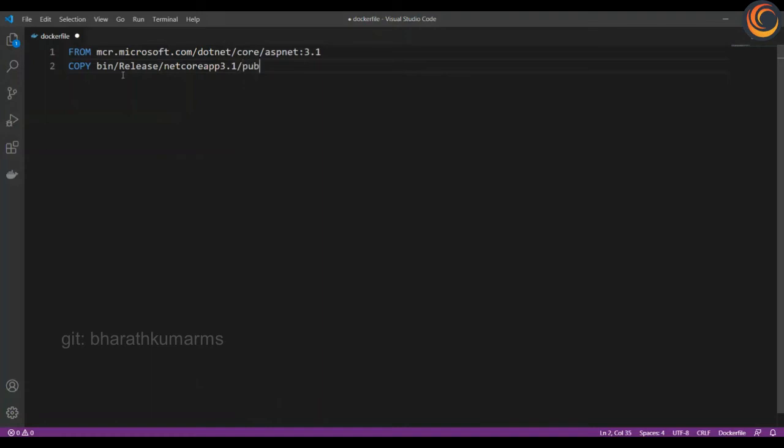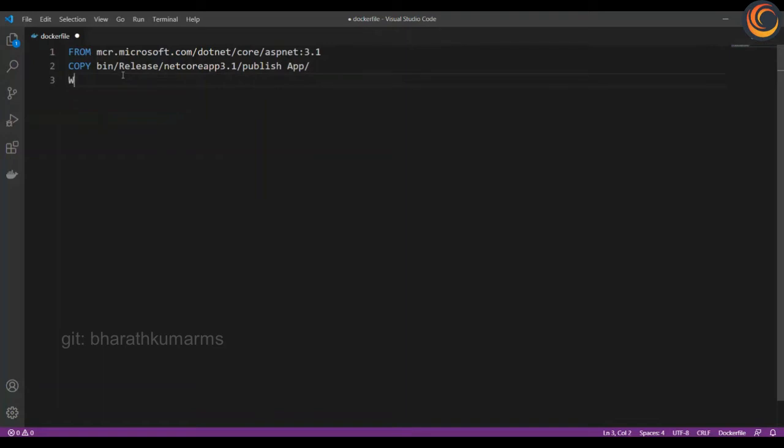I have already created the .NET Core application and have published it. So what I'm essentially doing is taking that published code and copying it into the app folder.